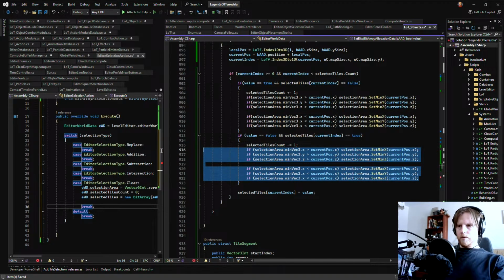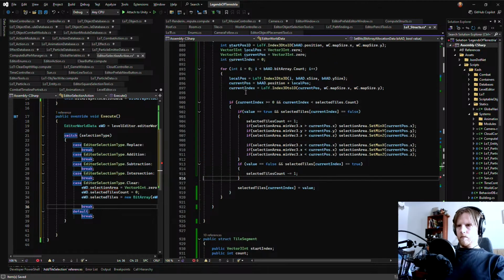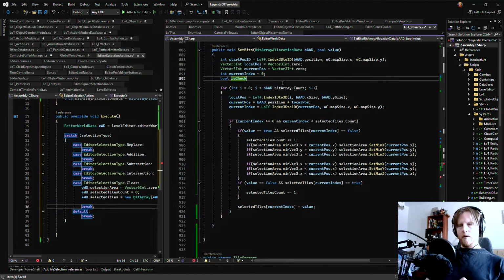You can't do this. And here we need a bool, recheck area equals false.